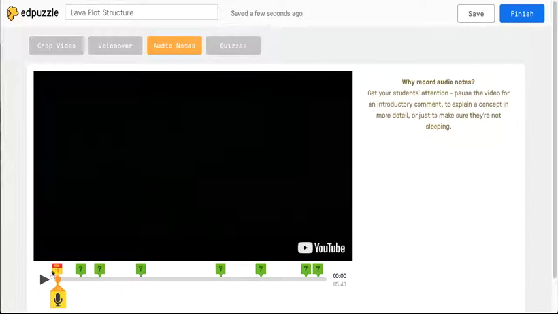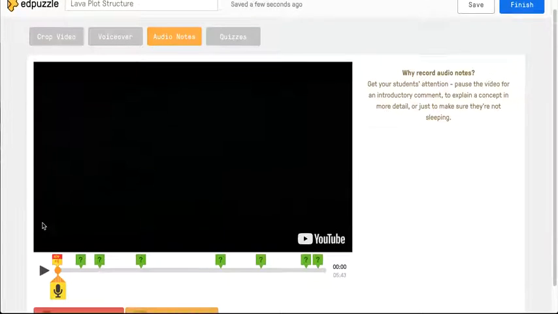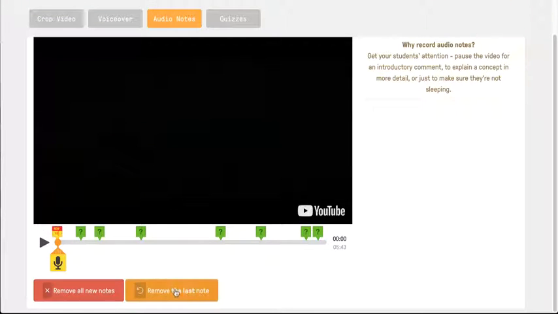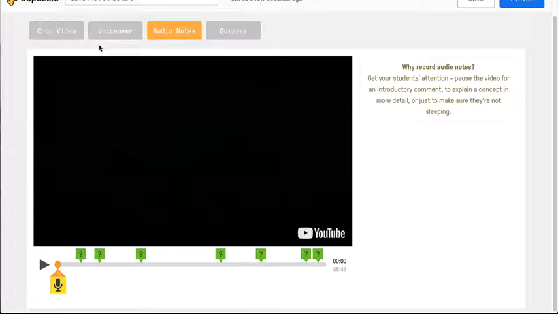So basically, you can add these little notes in, and then your students will hear them at those exact points in the movie. So it'll pause the video, say your part, and then keep the video moving. So if you wanted to add in any details, I'm going to remove that because it is terrible. So audio notes, I can see the purpose for them. I probably won't. I will probably mostly just do quiz questions.